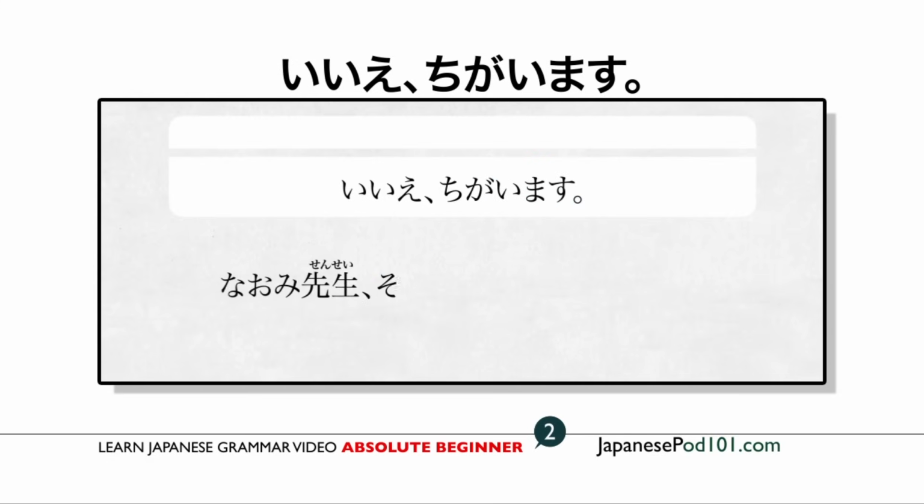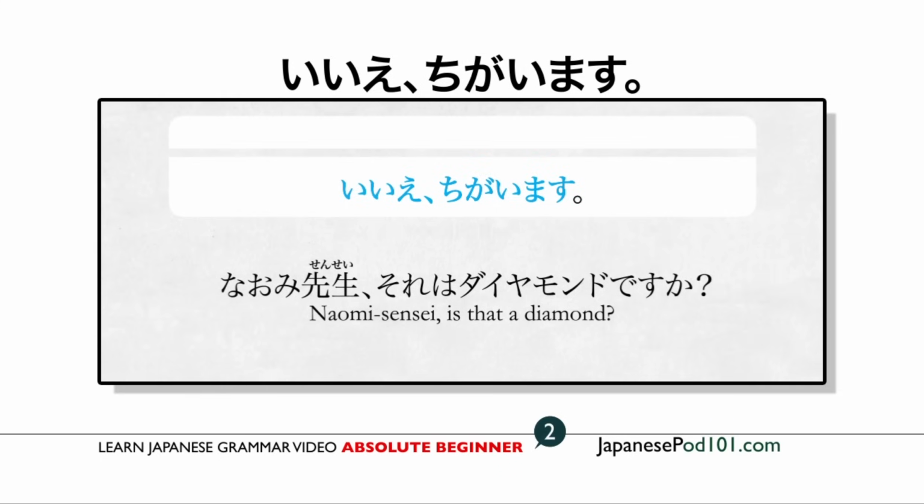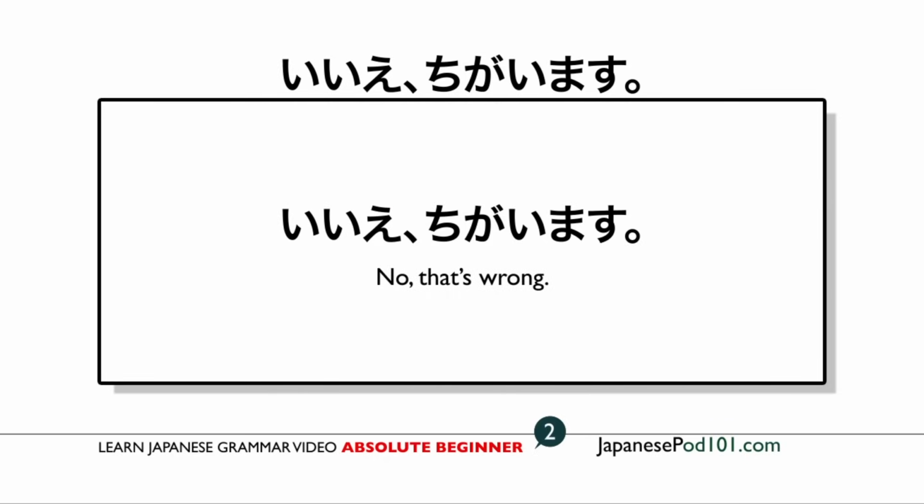Naomi sensei. はい。 それはダイヤモンドですか? これ？いいえ、違います。 Naomi sensei, is that a diamond? No, it's not. You see, it's really no, but it's basically that's different. It's different. It's not a diamond. It's something else. It's something different. いいえ、違います。